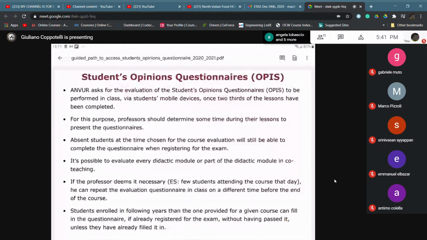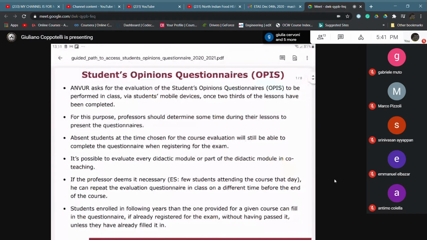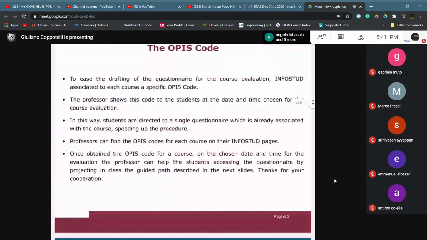In our course, we don't have different modules, so we just have one module, the aerospace structures course. The official code of this course is in the email that I'll send you with the Google Meet link for today's class. So you have to take note of this code that I wrote in the email, and then access your InfoStud pages.